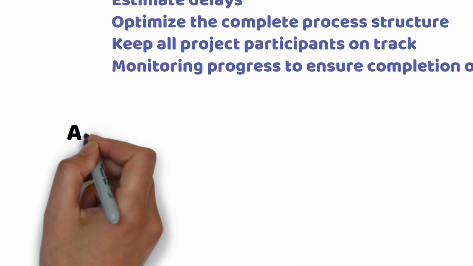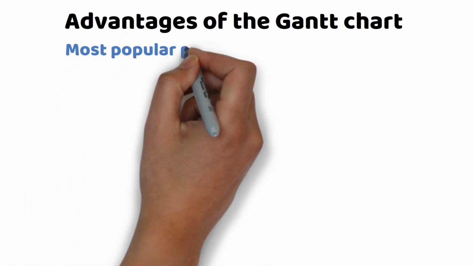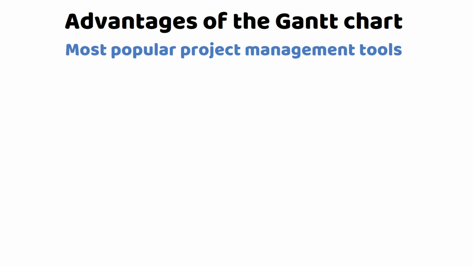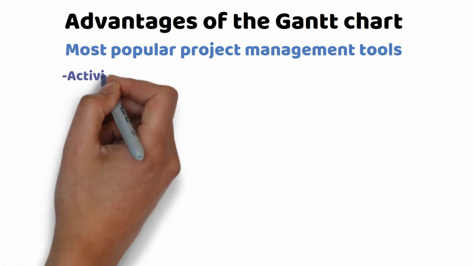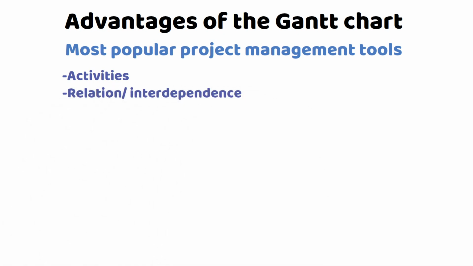There are many advantages of the Gantt chart. It is one of the most popular project management tools, allowing project managers to view the progress of a project at a glance. Gantt chart is a quick and easy approach to describe how long it will take to complete a project on time and within budget. In short, you get a clear-cut overview of project activities, the relation or interdependence between activities,